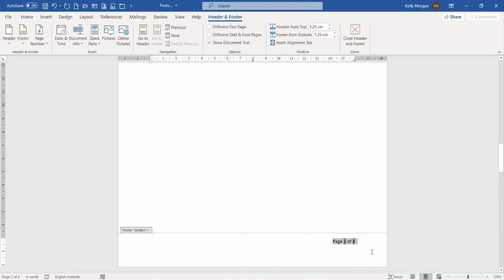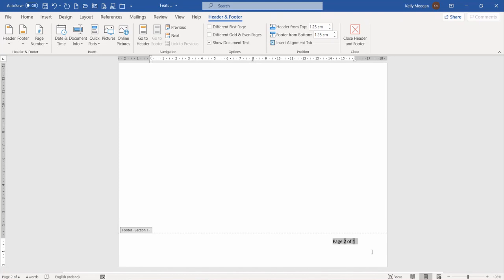There's no bold turned on at the moment. The reason they're highlighted in a darker grey is to let you know that they are not normal numbers. So you would never ever type in a page number. These are special numbers called fields, and the dark grey colouring is just to let you know that they are